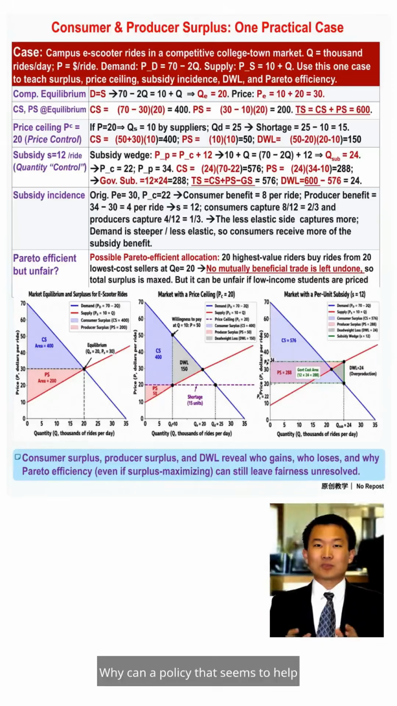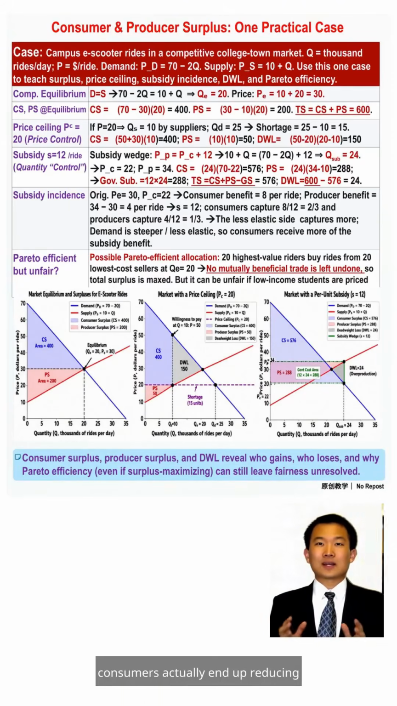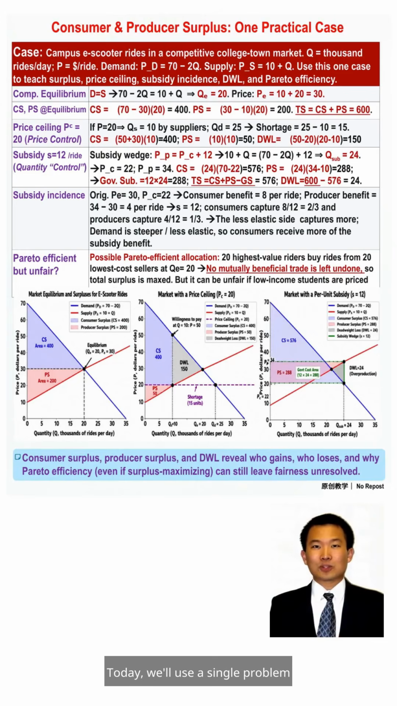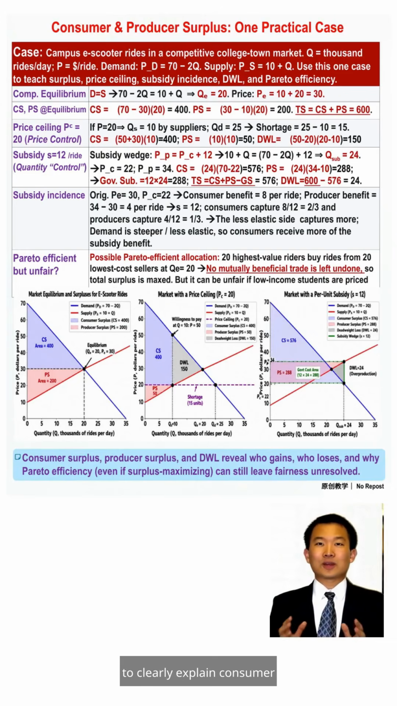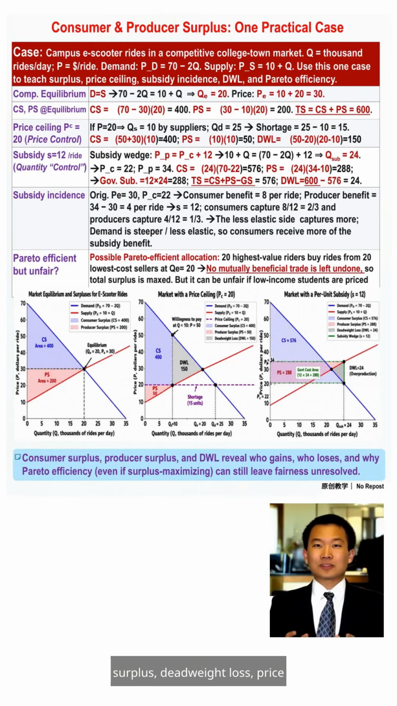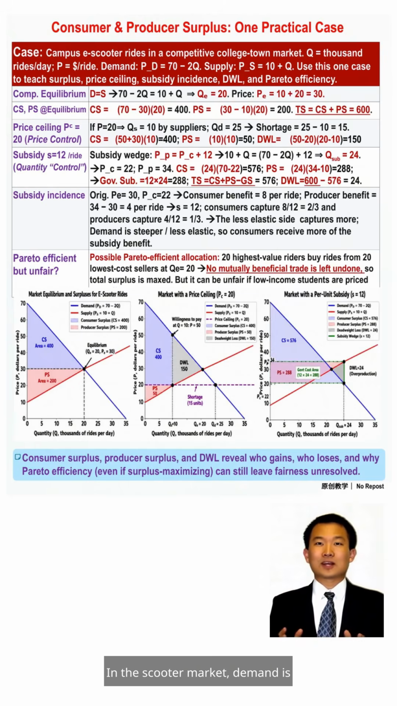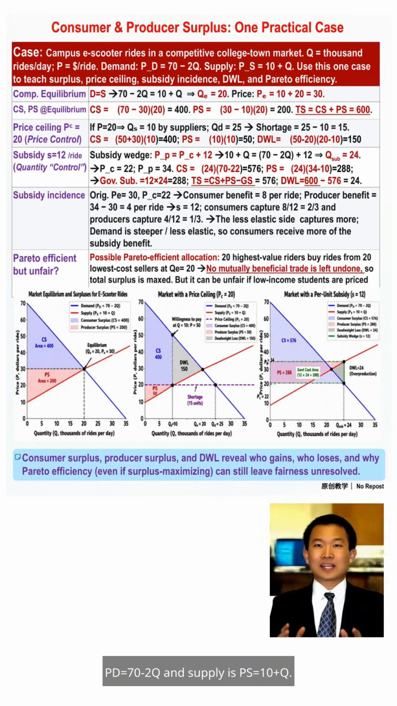Why can a policy that seems to help consumers actually end up reducing overall social welfare? Today, we'll use a single problem to clearly explain consumer surplus, producer surplus, total surplus, deadweight loss, price ceilings, government subsidies, and Pareto efficiency. In the scooter market, demand is PD equals 70 minus 2Q, and supply is PS equals